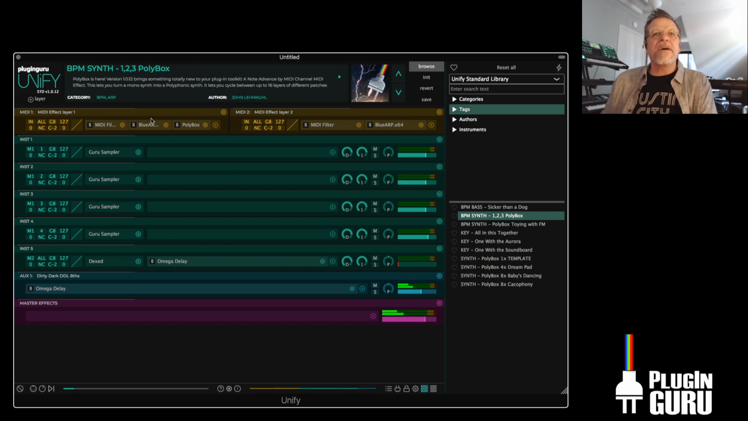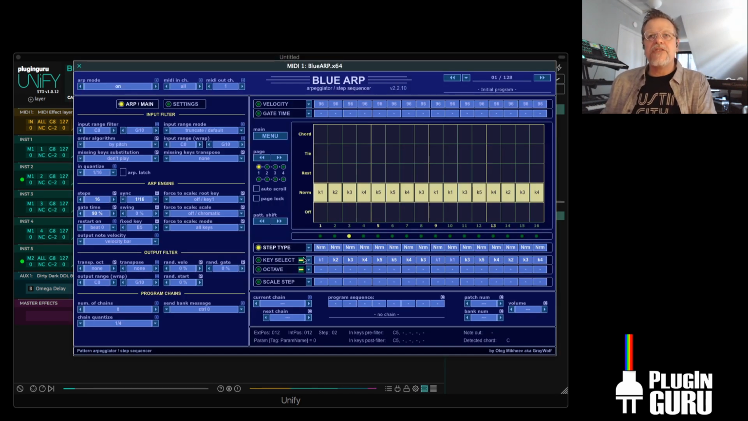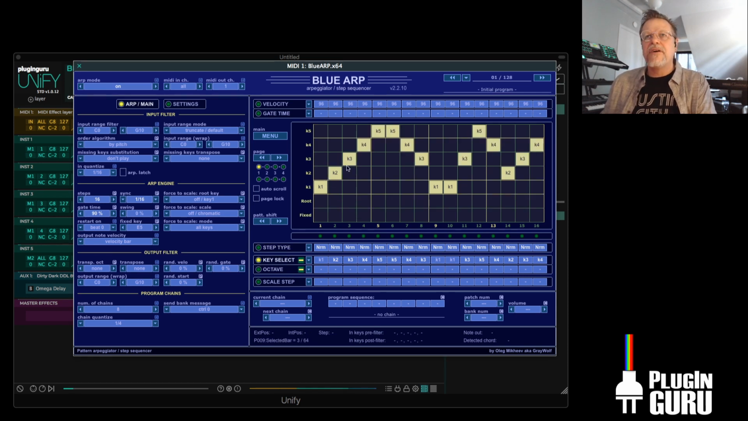This is a fun one because one of the cool things with Blue Arp is you can set it up for these key steps, so that each key step is expecting you to play a certain number of notes in a chord. And if you don't play that note, it just doesn't automatically play it. So if I play one note, it's only playing this one and the ones that say K1. If I add a second note to it, you can get all sorts of cool rhythmic things happening. If I play 3 notes,